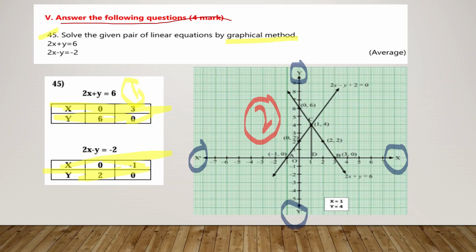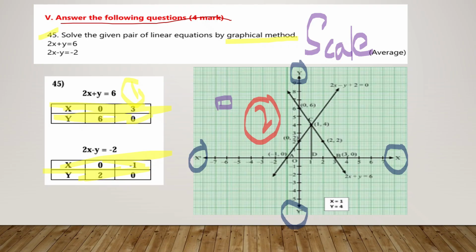Now always remember, while you are plotting the points on the graph sheet, you have to write the scale. So scale is very important. What is scale, you may ask me. Scale is nothing but the distance you take from one point to another point of this box. That is 10 vertical and 10 horizontal lines will be there. So you can take 1 unit is equal to 1 centimeter for this problem. The next step, you have to plot.